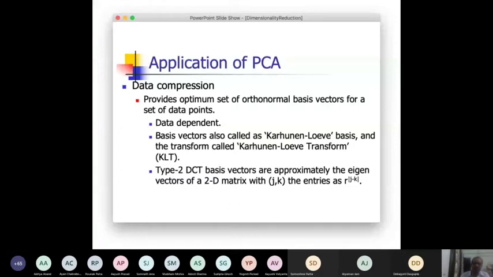So the interesting thing is that it has been found to be an optimum representation for a large class of signals and images, because we see that these basis vectors are approximately the eigenvectors of a 2D matrix, as you can see, with jk entries as r to the power of |j minus k|. So this is the covariance. The covariance matrix is